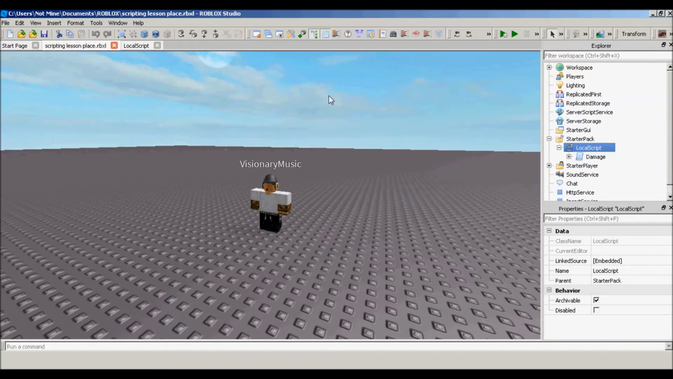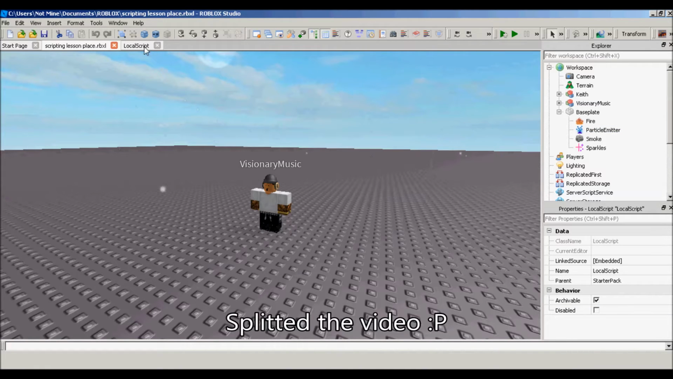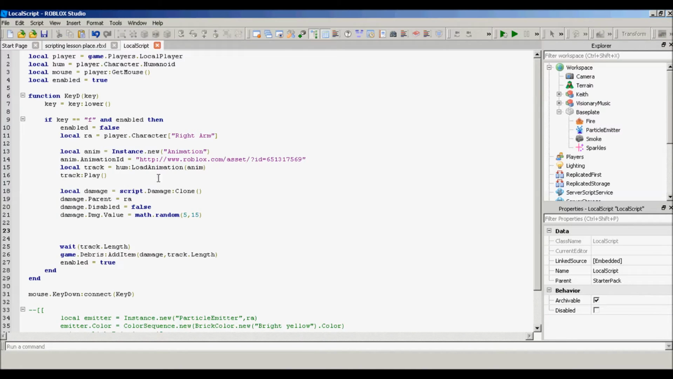So the basic stuff that Roblox gives us is, let's go to base play: fire, smoke, sparkle. Those are the basic stuffs. I would say particle emitter. It is basic, but I mean, like a minute with it. So yeah. Anyways,